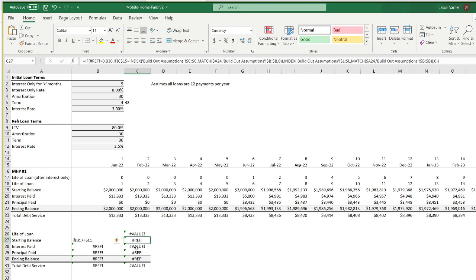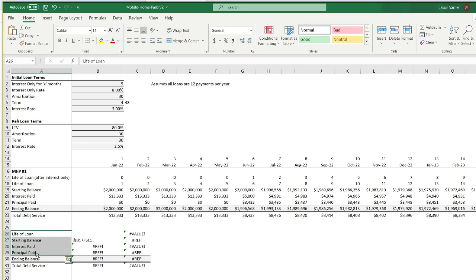I wish I would have remembered what I was doing here. Man, it is hard coming back after 6 days and trying to figure out what in the world I was doing here. I think this is the refi loan, which means